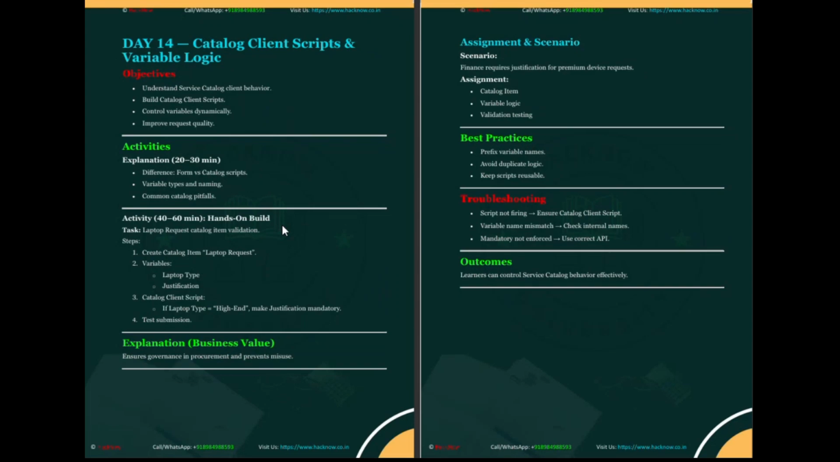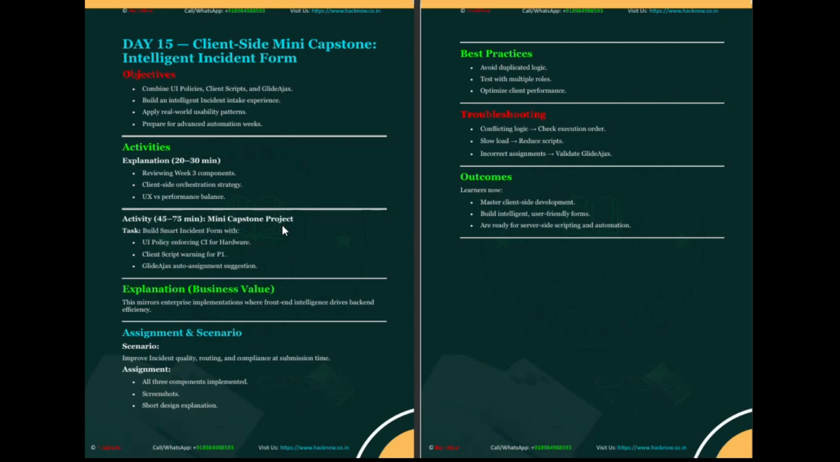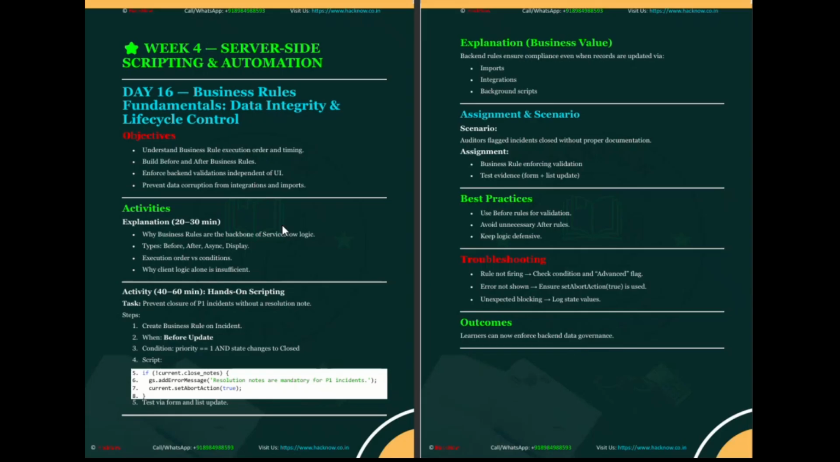In day 14, catalog client scripts and variable logic will get covered. Lastly, a client scripts mini project to complete your entire client side scripting. After completing the entire client side scripting, now we will be moving on to server side scripting and its automation part, where in day 16, we will be deep diving into business rules fundamentals like data integrity and